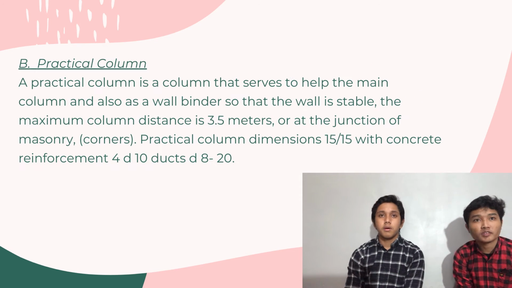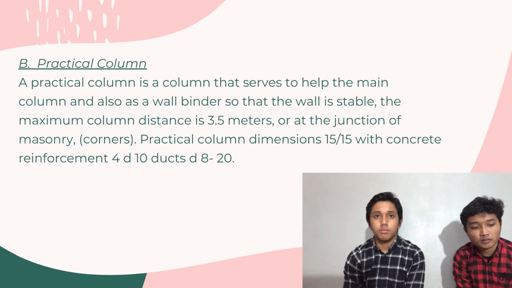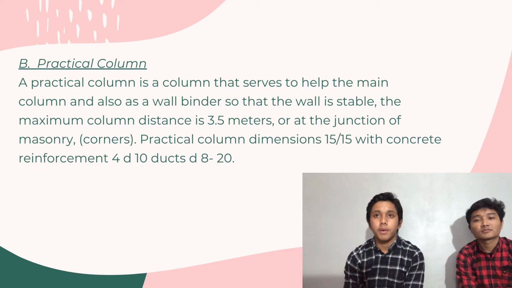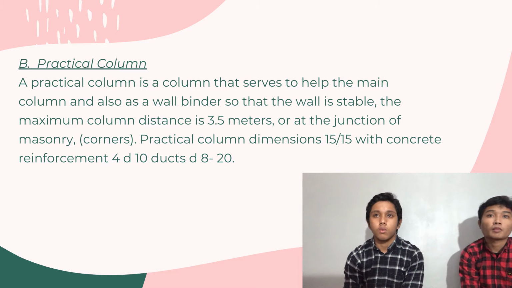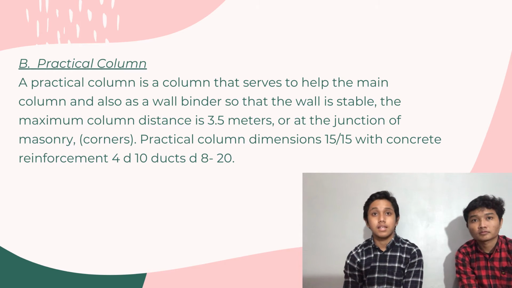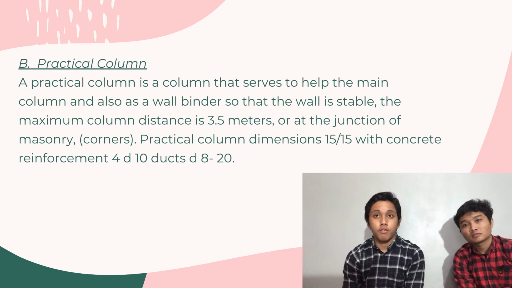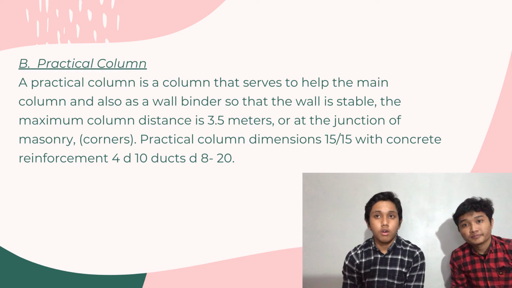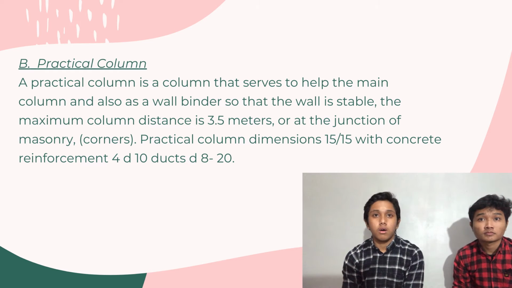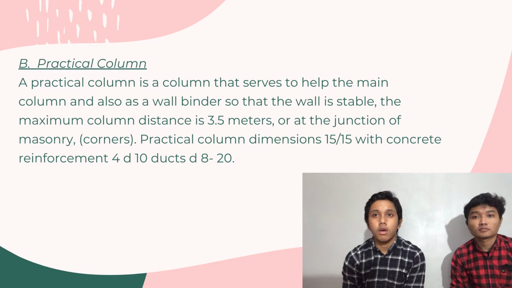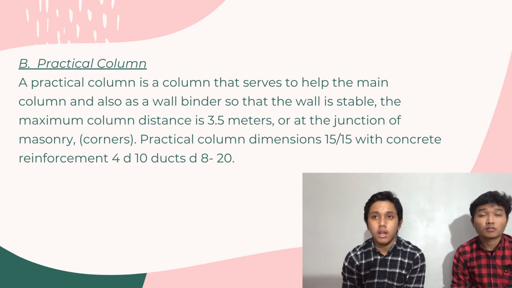Next, B. Practical column. A practical column is a column that serves to help the main column and also as a wall binder so that the wall is stable. The maximum column distance is 3.5 meters, or at the junction of masonry or corners. Practical column dimension is 15 by 15 with concrete reinforcement for D10 ducts,